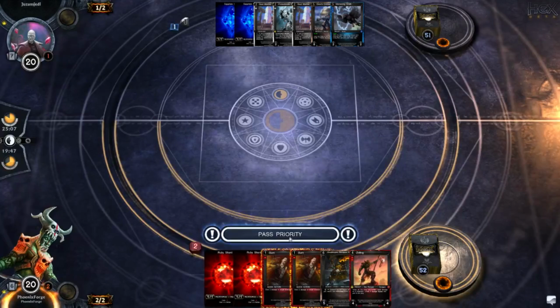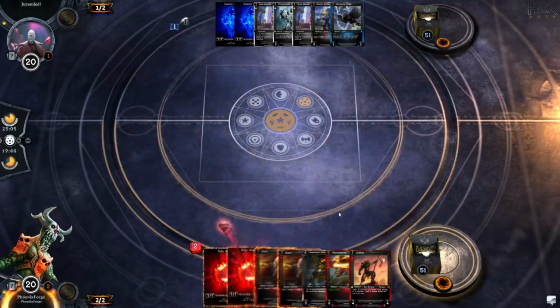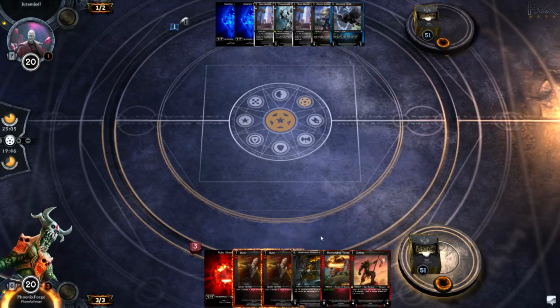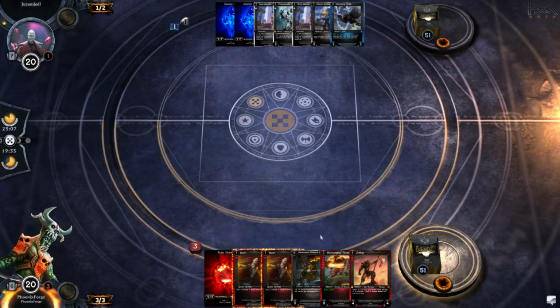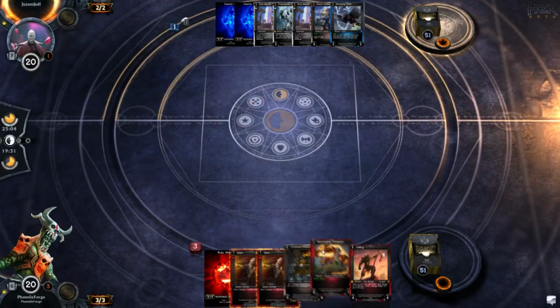That Zoltog could be a problem, though, on turn 4. And there's a Tarrasque as well to follow up. So, provided Phoenix hits just one more resource, he's got to have the Zoltog out, and Juzam doesn't really have an answer for that yet. So he could start creating some free dudes. But it's very likely Juzam might have the...